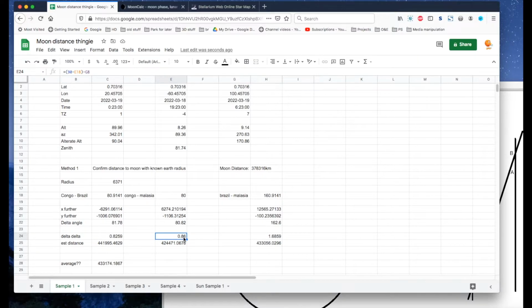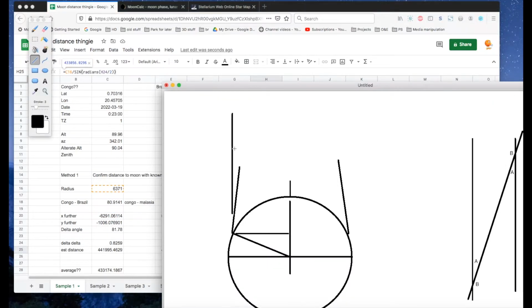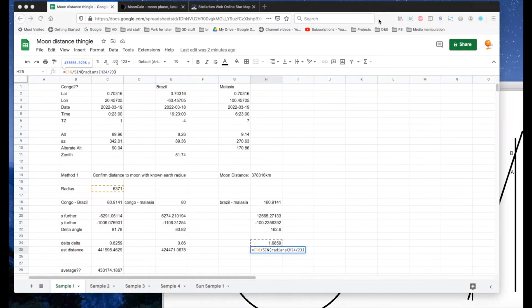And so I did something similar for the Congo to Malaysia, and I had worked out this angle A was 0.86 degrees and worked out this estimated distance here. I also did a third calculation, which was the distance between Brazil and Malaysia. What I did there was I just added these two distances to get this one, with the exception that there's an angle on this side plus an angle on this side. So the main difference here was that I had to divide that angle by 2 before continuing my calculations, and then I got